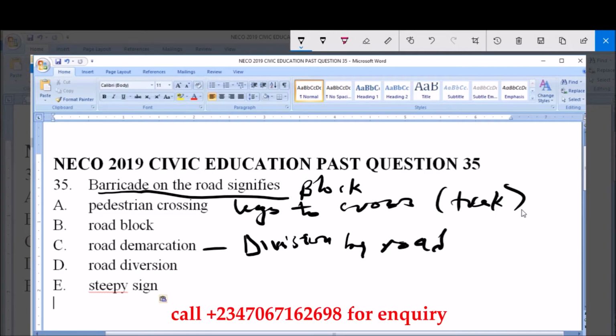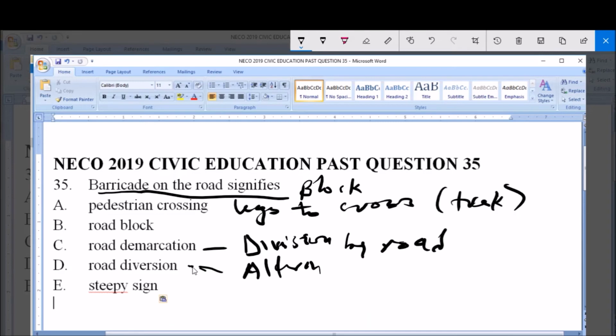Then road diversion, that is to follow an alternative, simply means alternative road. Then steeply sign, that is a sign or a signal. The roadblock means stop or stoppage. Let's say stoppage. So option B